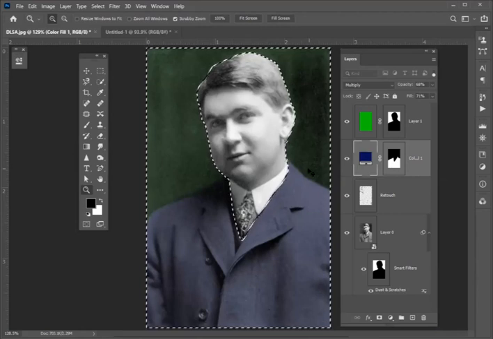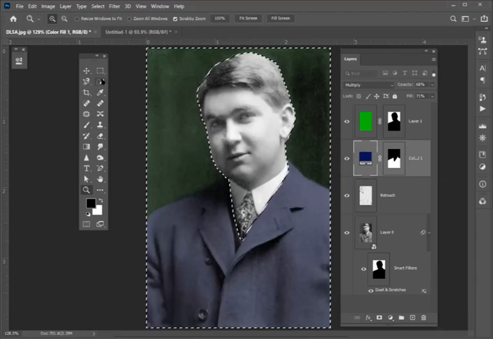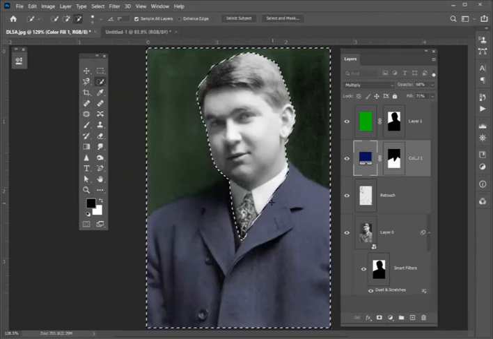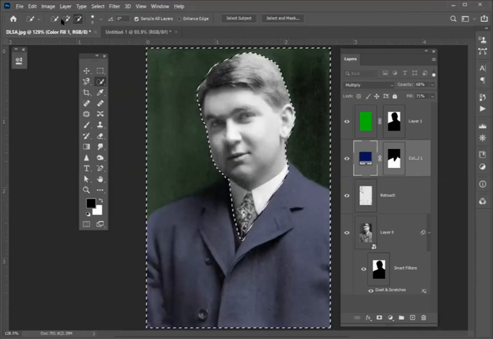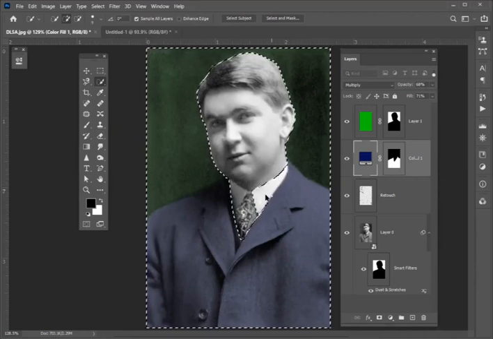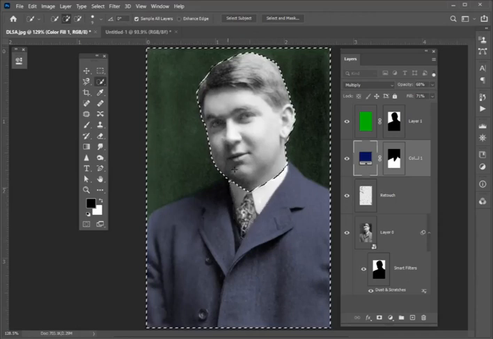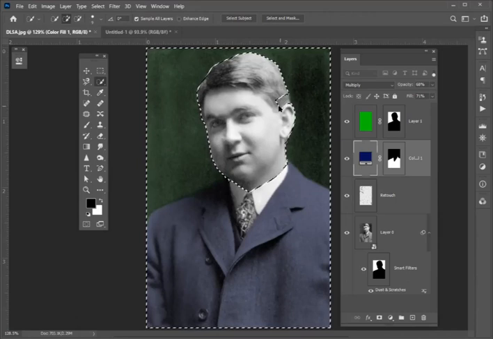If I command and shift click on the other mask, I can add that area in. And then if I just want his face, I can make sure I have the plus selection tool and add to this selection and just paint right around this collar there, paint this out of the selection, and